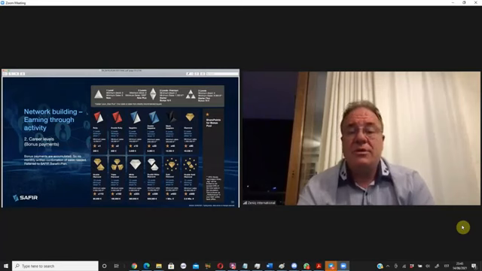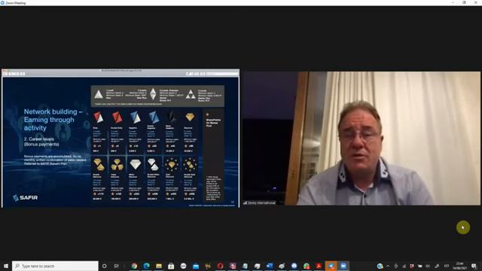And then we come to the interesting part, where you are becoming a Ruby. You need to open 4 levels on the depth, you need 7 directly referred people. You need to produce an accumulated sales volume of 10,000 euro, and you receive a qualification bonus or starter bonus of 300 euro, plus 1 pool share point.